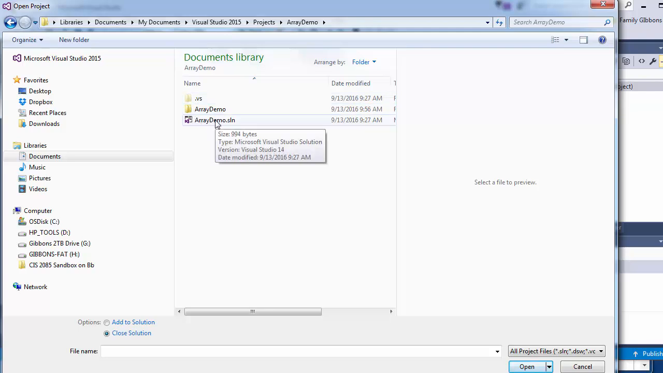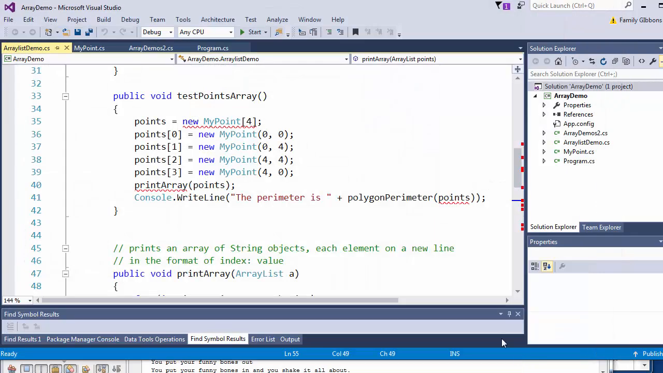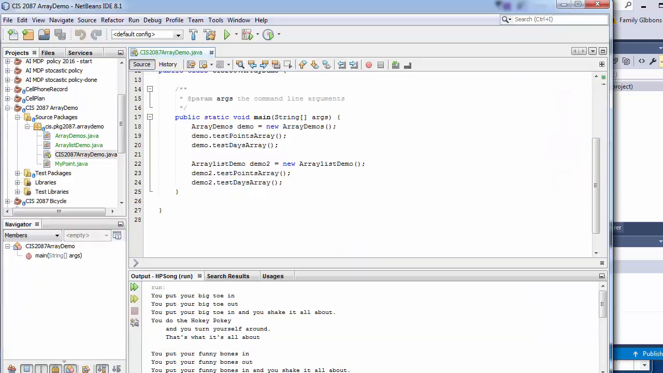Inside that is a solution file, an SLN file, which you can double click on and open up Visual Studio, or here I can open it up, and that will reference the rest of the files in that folder. So I'm going to open up that solution here and look at that. So let's go back to this. In this is a 2087 array demo, and we've got this main class which creates